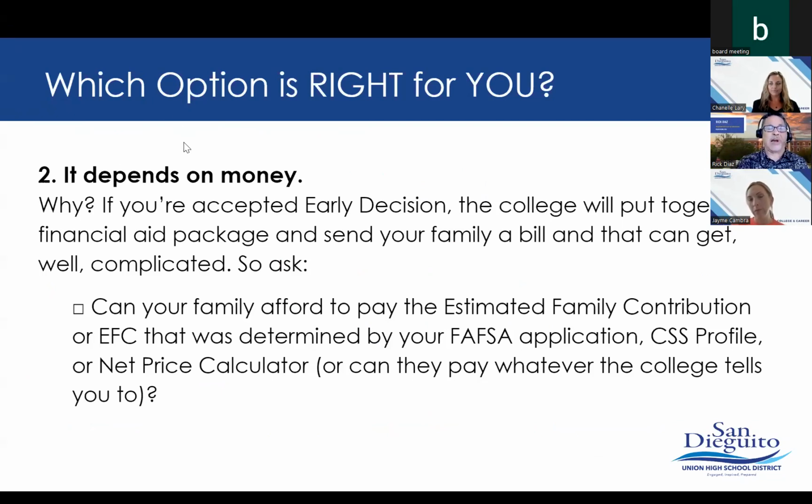We will follow the guidelines set out by the Department of Education and determine eligibility. However, just because you're eligible for that doesn't mean you will get that. And that doesn't mean that schools can't make their own adjustments. And that's why you might be getting a different financial aid from school A versus school B well before you have to actually submit your deposit. If you're going early decision, you can't decide, well, I like school B better. You can't do that.